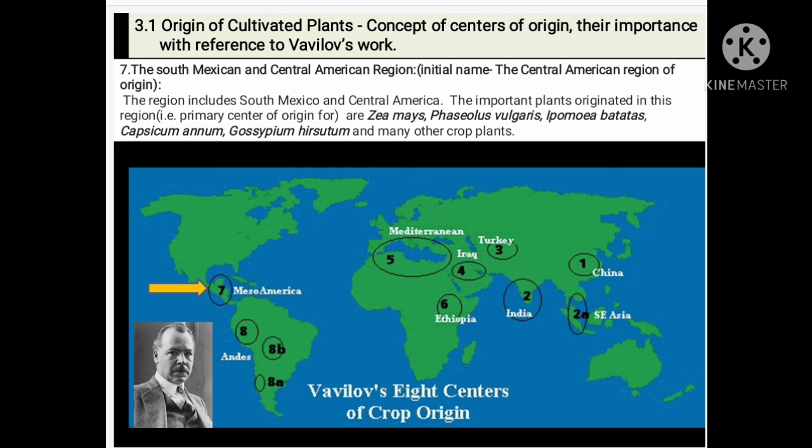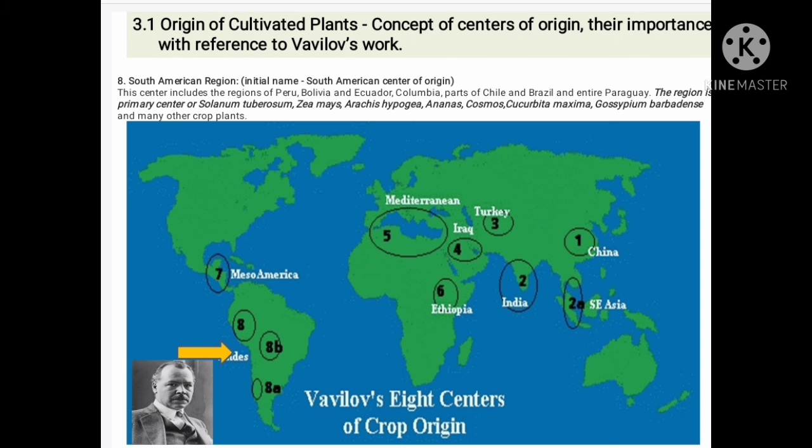After completion of the seventh center, the last center is the South American region. Initially, it is the South American Center of Origin. While you observe the map, the 8th number indicates the 8th center of origin. The center includes the region of Peru, Bolivia, Ecuador, Colombia, parts of Chile, Brazil, and entire Paraguay. The region is the primary center of Solanum tuberosum, Zea mays, Arachis hypogaea, Ananas comosus, Cucurbita maxima, Gossypium barbadense, and